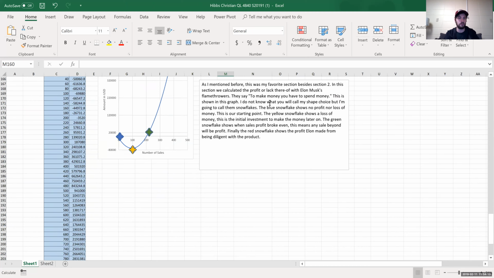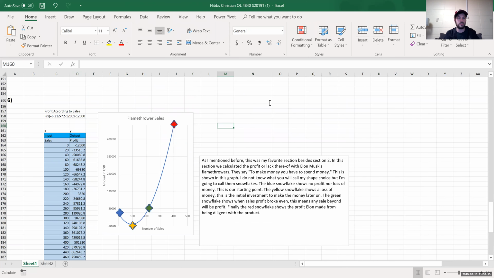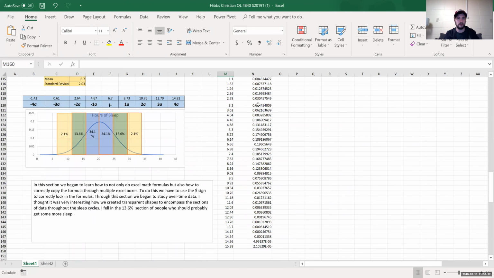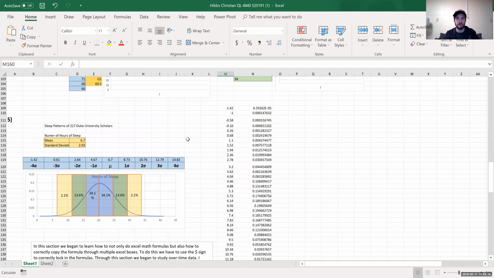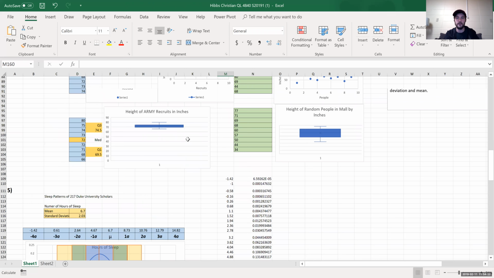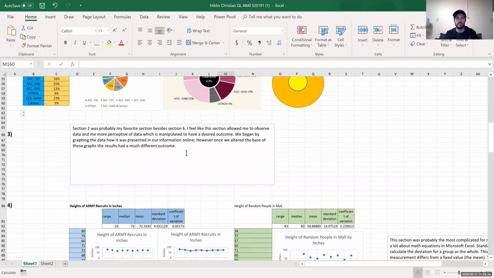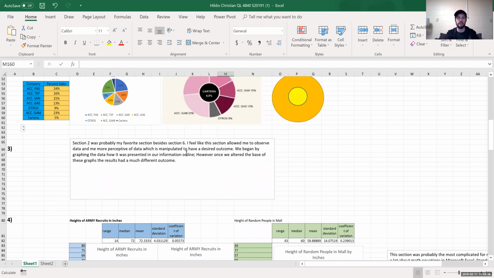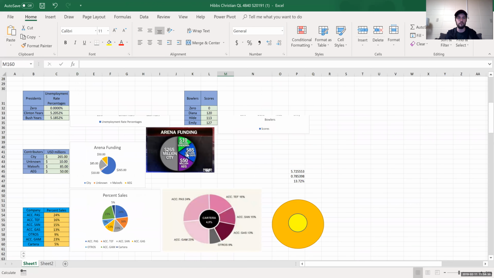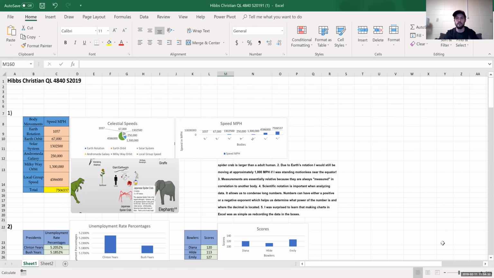Yes. So this is my Excel report. 6 and 2 are definitely my favorite. I also like the transparency of these graphs and being able to make those neat. And then, yeah, that's just the one thing is the smart graphs is something that I'm still figuring out. But other than that, yep, this is the Excel report.